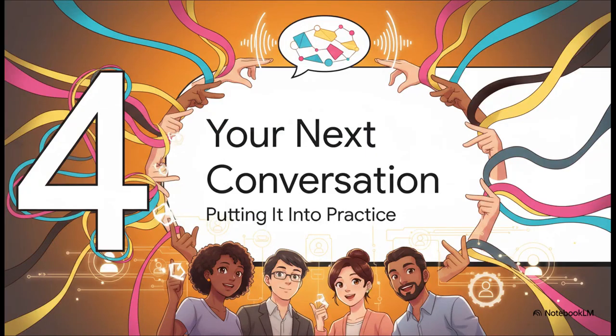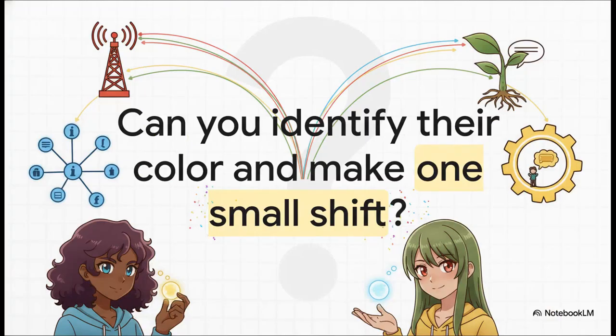Look, a framework like this is only powerful if you actually put it into practice. So I want to leave you with one final, very practical challenge. Here's the challenge from us at Growth Academy. In your very next conversation with a colleague, just try to notice what's their operating system. And then, what's one small adjustment you could make? You don't have to change who you are. Just tweak your approach to meet them where they are. Make that one small, intentional shift, and then just watch what happens. The results might just blow you away.